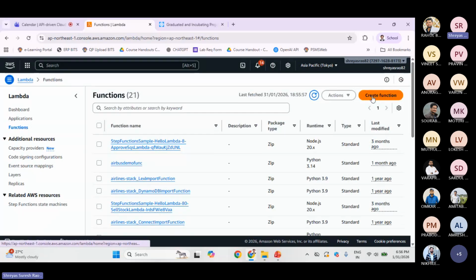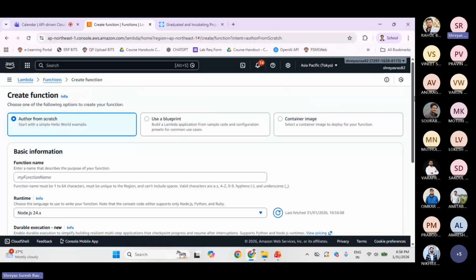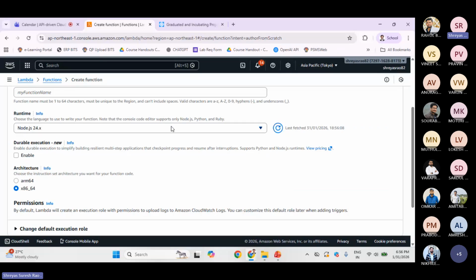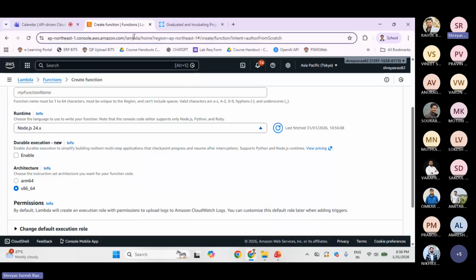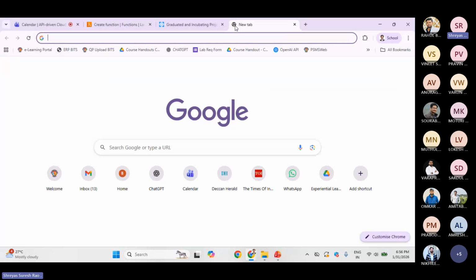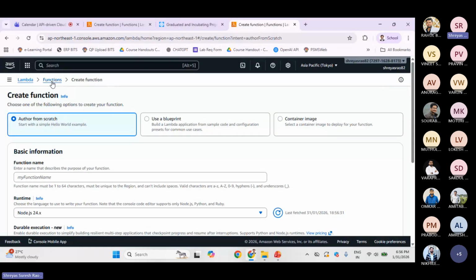Now, Lambda is one of the compute services from AWS. Okay, now I will create a function. Let's not worry about the function here. So you can see that they are giving you a runtime to choose from. You have Node, you have Java, .NET, Python and all, right? So they are giving you a runtime. The environment is not asking you the operating system. Now, this may be very basic. Most of you may know this. I'm just repeating again. Now, if I go to same thing,